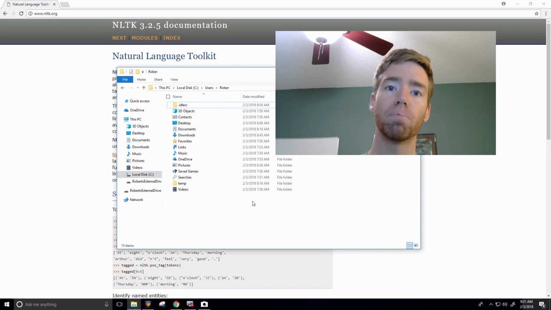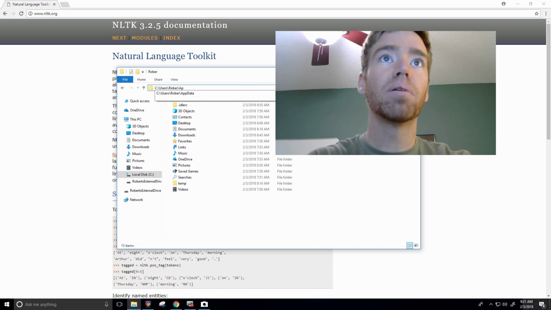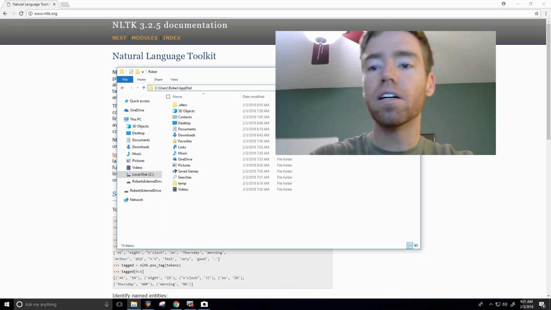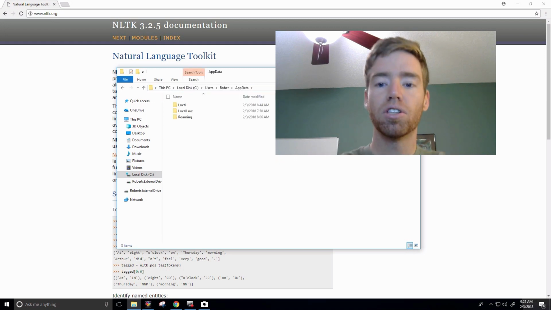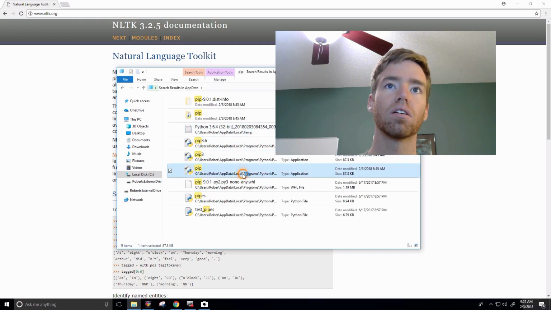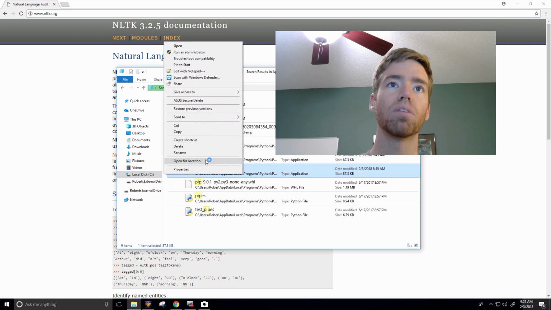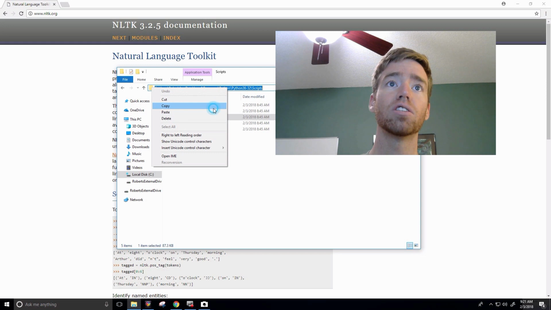So I'm going to be using pip. And we need to know where pip is installed on our computer. By default, I installed Python to AppData's directory. So I go to my username and then type in AppData, and I'm going to search within this folder for pip. So the point is to find the directory here, and we're going to feed that into our command line